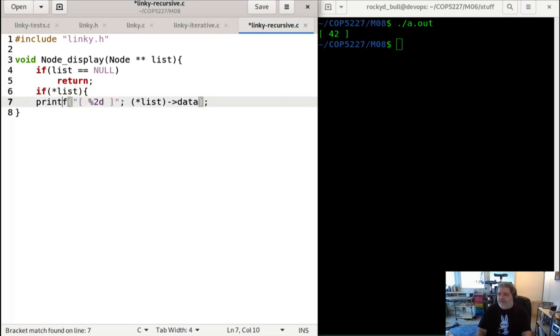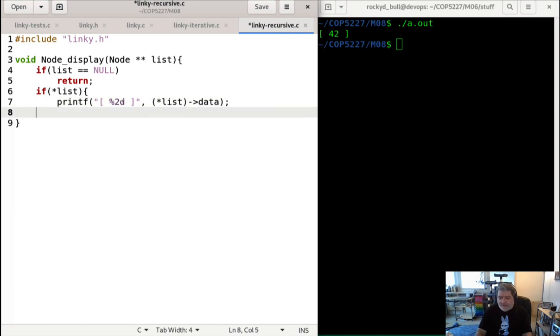Then what I'm going to do is use that pointer to display what's in the current node. Very well. And then how do I recursively repeat myself? How do I iterate recursively? I need to call the function, so I need to call node display. Because right now I displayed the node that was pointed at by star list, but I want to go to the next one. So I want to call myself recursively,